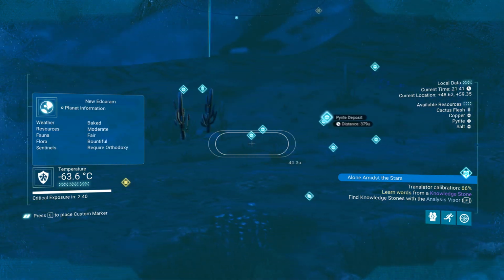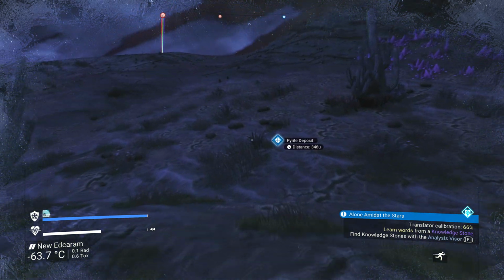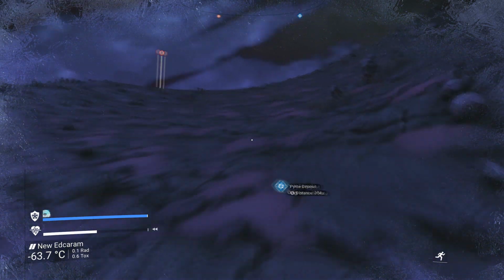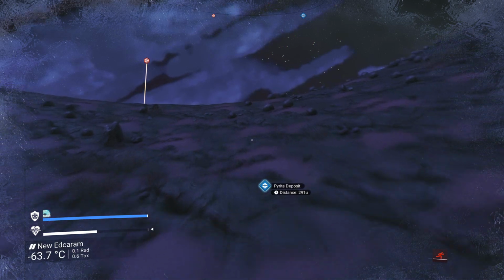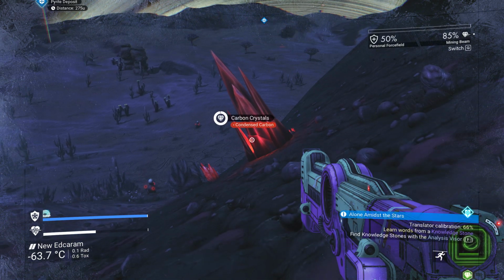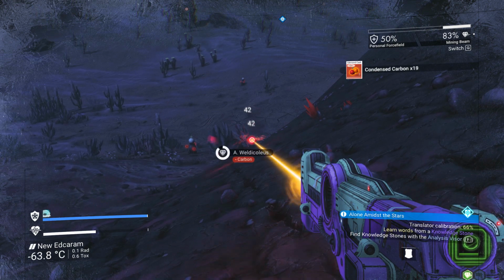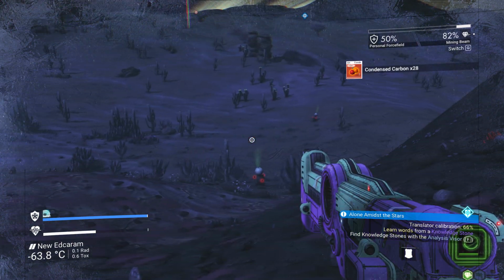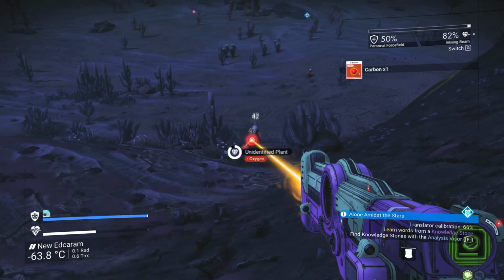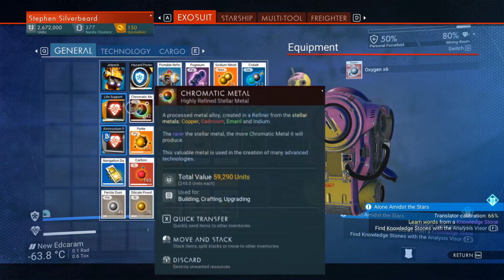Can't see any more around here. We keep heading towards this pyrite deposit. It looks like I need one more knowledge stone to finish the calibration. So life support at 50%, yes, thank you. And we're certainly going to grab the condensed carbon, and just grab as much of this as we can. Also, I'm going to have to send that to the high capacity and just take out this oxygen pod. And I'm just going to top up the